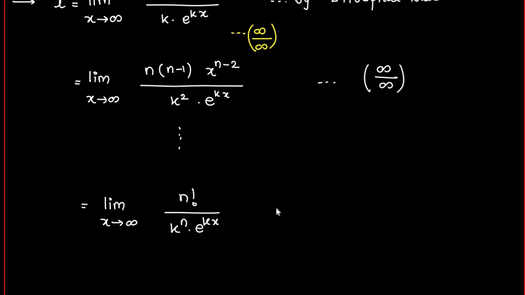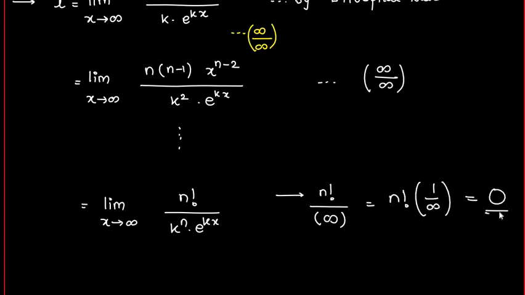Now we substitute the limits. Your numerator is non-zero, non-infinite. The denominator term is infinity. But as we know, the value of 1 upon infinity is equal to 0. And this will be the required limit of the function, which is the required answer. Again, similarly, we can discuss one more example.